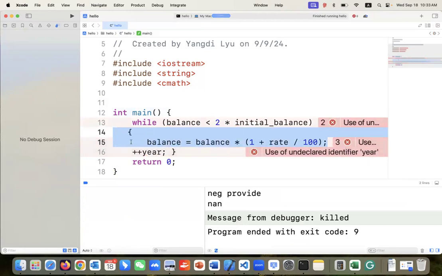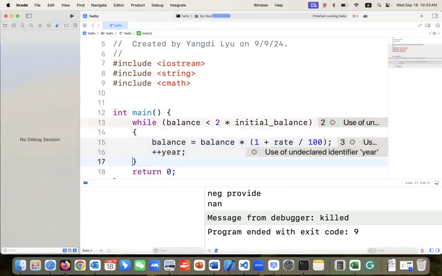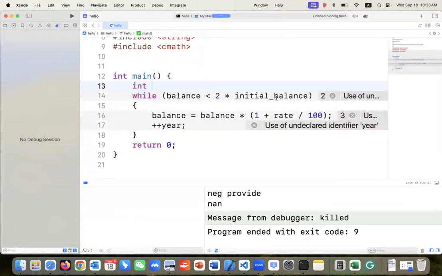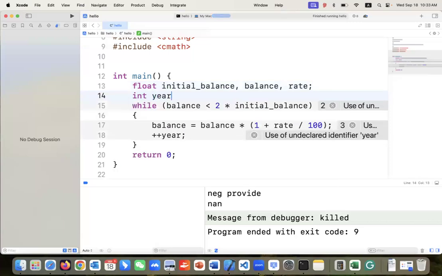All right, we need to define the types, right? We have a bunch of variables. They should be floating point numbers or double: we have initial balance, we have balance, we have the rate, right? And we have the year as an integer. And typically we need to give it an initial number. So let's say